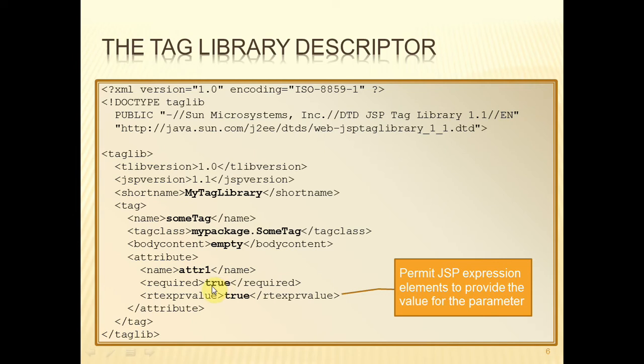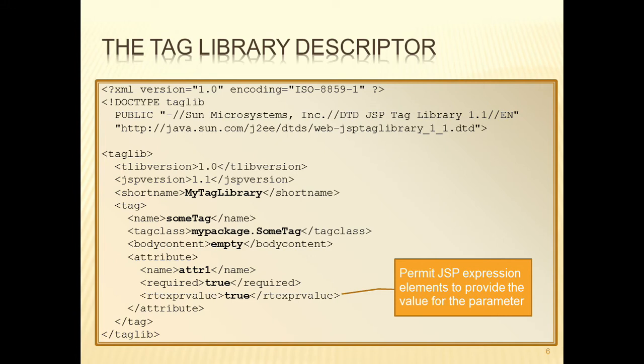If that's made false, then it's not required, and therefore we'd have to make sure that our tag handler is going to deal with the absence of the optional attribute. And this third part here, the RT_EXPR value, which means the runtime expression value. If that's set to true, then it will permit the Java server page to have one of the expressions. If you remember the less than %equals element, the expression element from JSP that we were talking about in the last lecture. We'll see some examples of the use of this, but it allows us then to dynamically define the